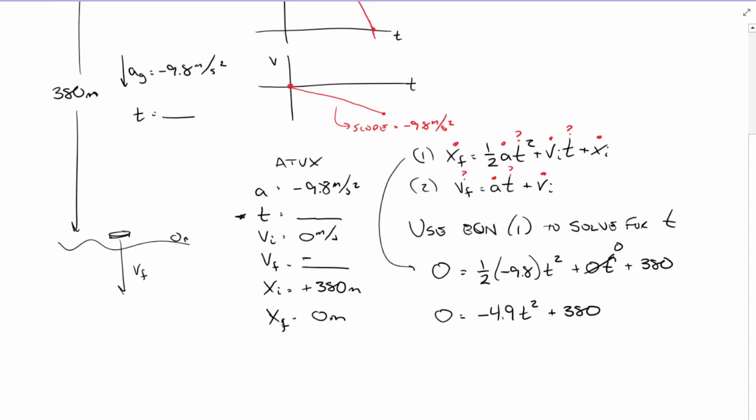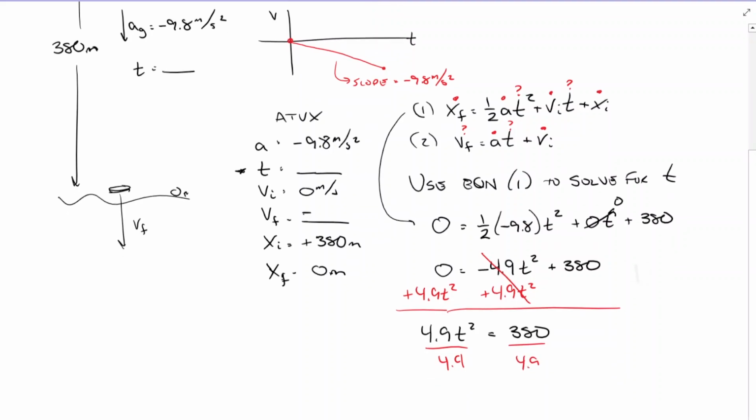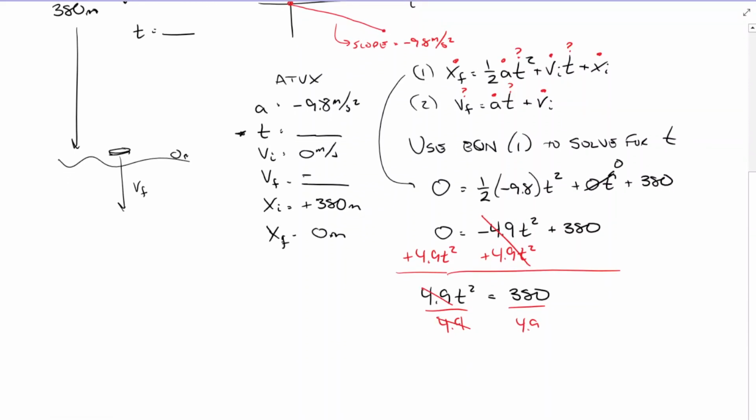Well, let's get t by itself. I'm going to add 4.9 t squared to both sides to isolate t squared as a variable. That's going to eliminate it here. And I get a new equation that says 4.9 t squared is equal to 380. And now we want to get t by itself, or rather t squared. I can divide by 4.9 on both sides. And that's going to give me t squared